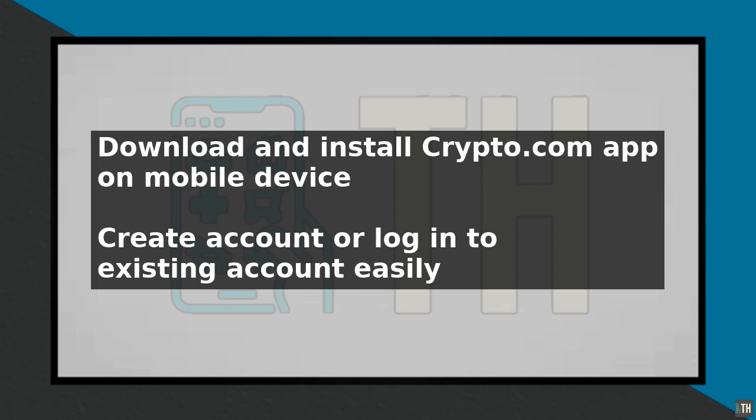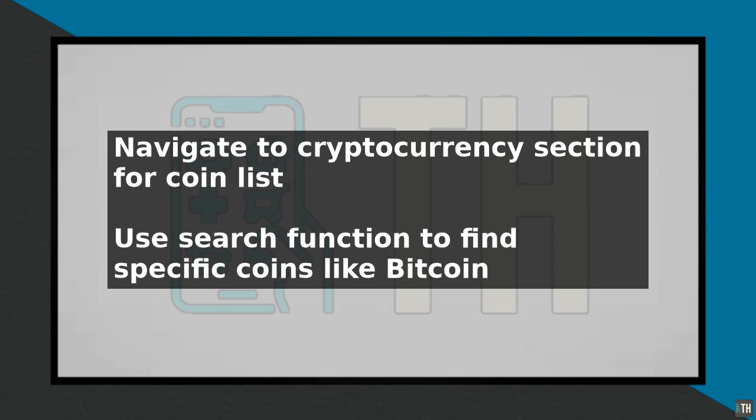cryptocurrencies. First, navigate to the cryptocurrency section, where you can find a list of available coins. Use the search function to find a specific cryptocurrency, such as Bitcoin or Ethereum. Click on the coin to view its detailed page, which includes key information like its current price, market capitalization, and